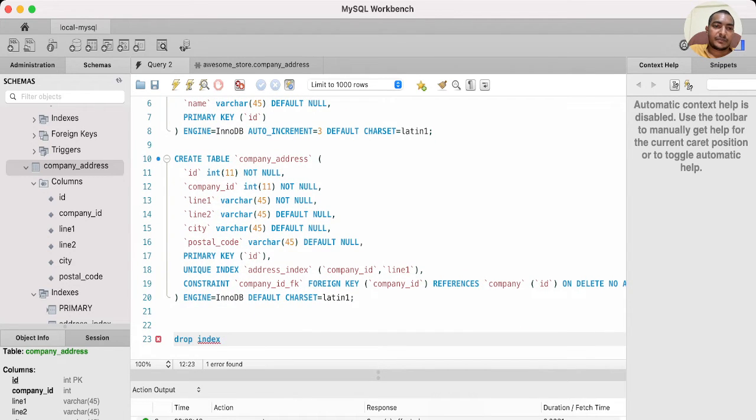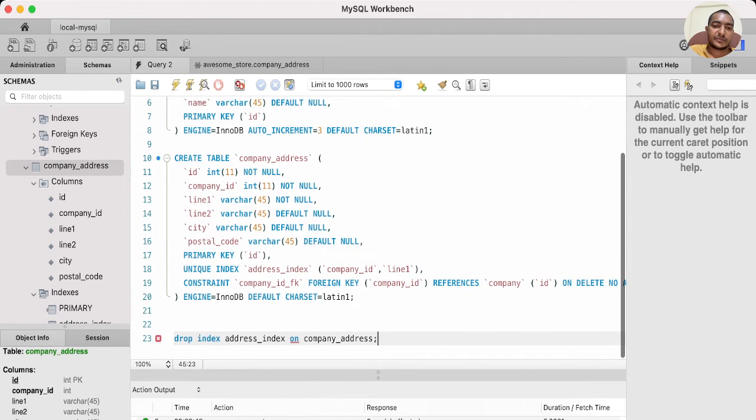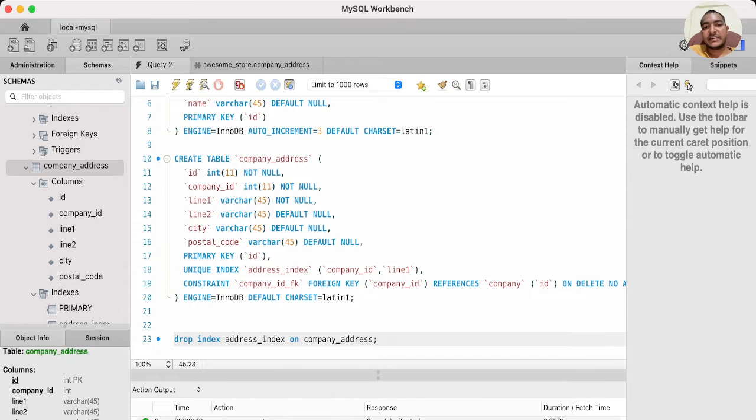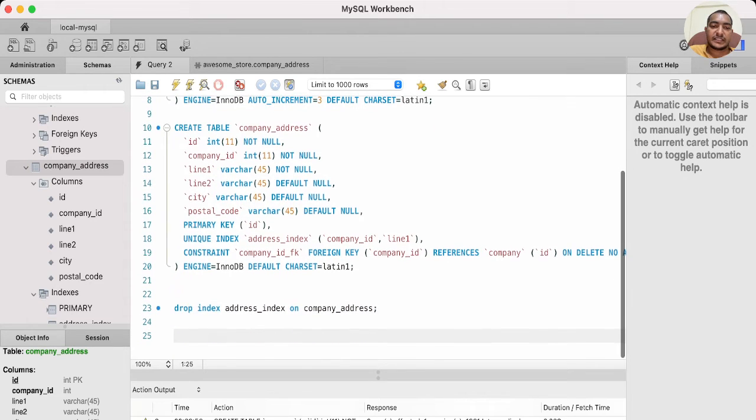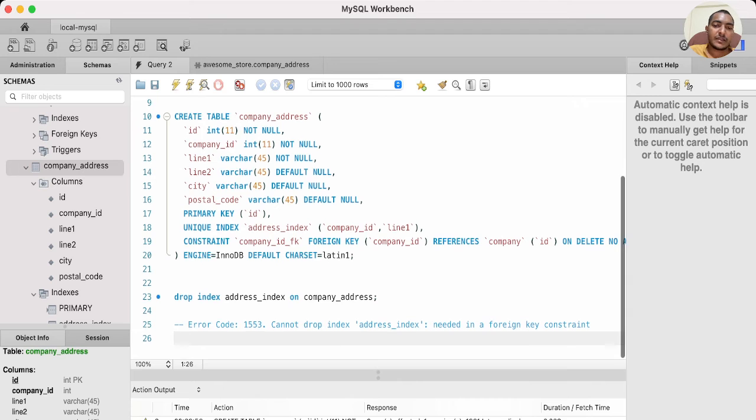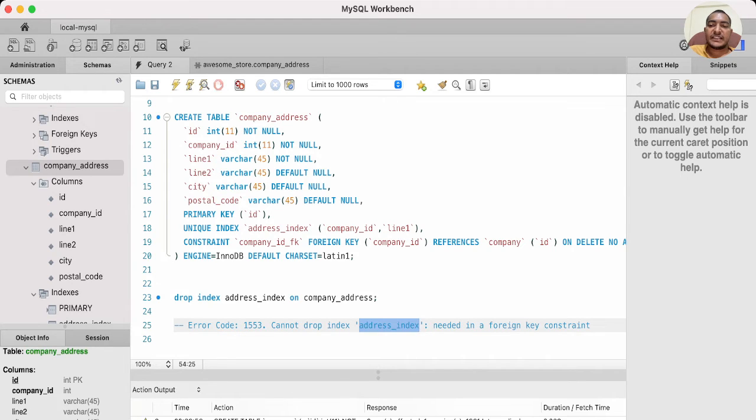Drop index. Index name is address index on table company address. Now let's try to delete it. As expected, it threw the 1553 error. So let's copy the response and see what the error actually says. It says error code 1553, cannot drop index, and the index name, which is needed in a foreign key